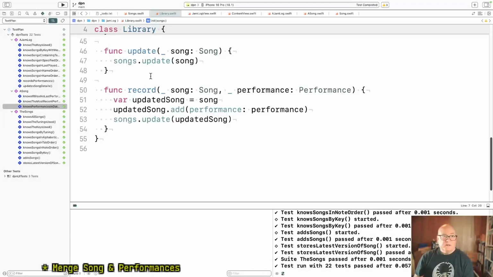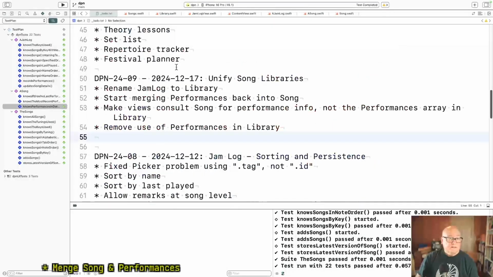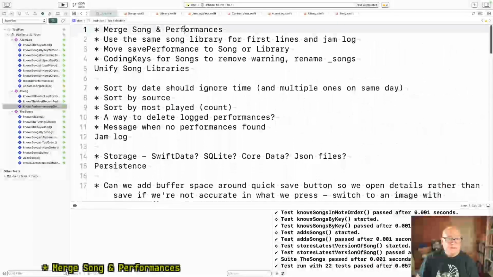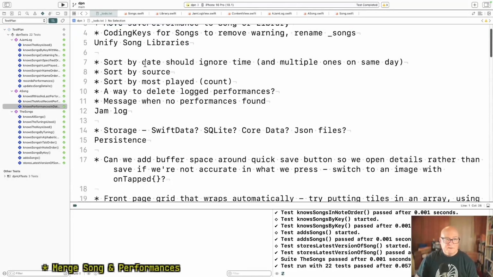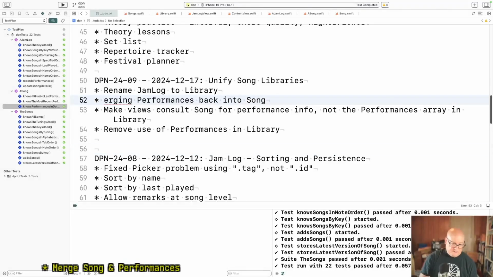So I think we will be able to merge library and songs. Did I say that? Let's merge songs and libraries. I guess we did merge song and performance. Let's just say we did it, not just started it.